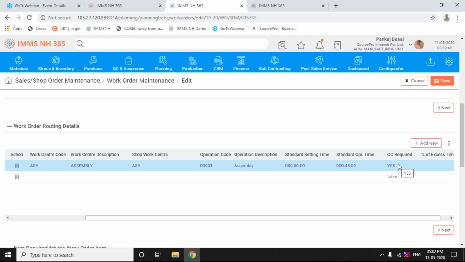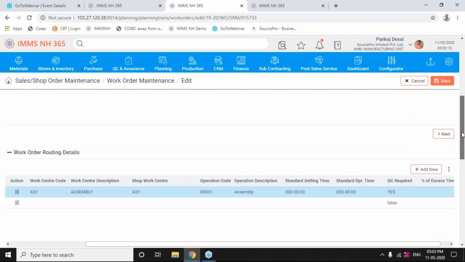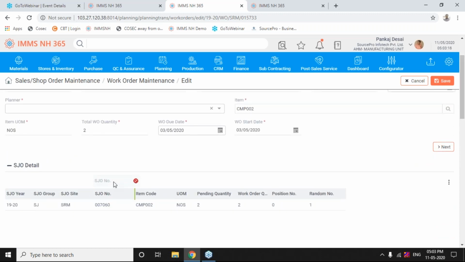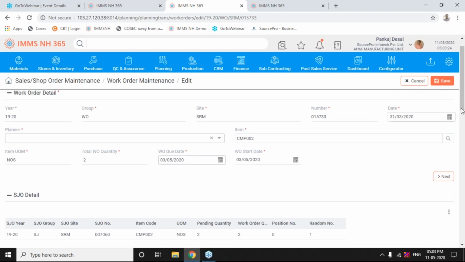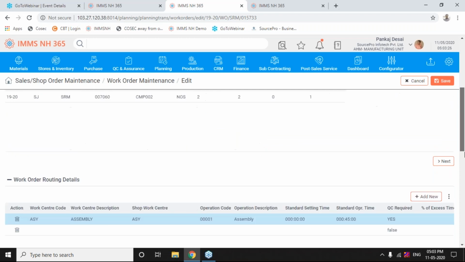That again we will touch upon when we go to the second stage of further webinars where we will cover the relevant topics. So right now just understand that these columns you are seeing on the screen of work order routing details are specific to work order number, I guess 15733 or something that was there. This is specific to a work order. Yes, 15733. Now coming back to